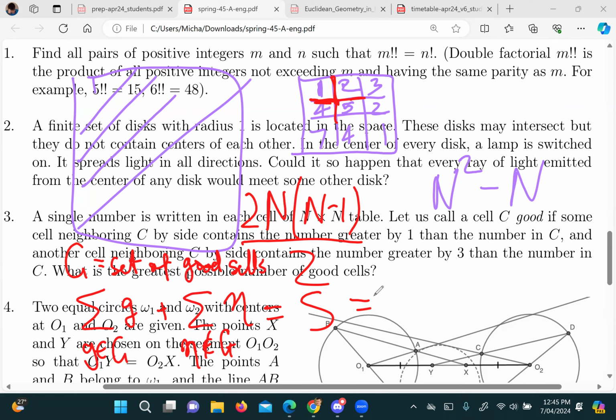So if you have a good cell, the cells that make it good have to be G plus 1 and G plus 3, right? Okay. So let me take an average and make it G plus 2, yeah? So if I just sum G plus 2 across all the good cells,